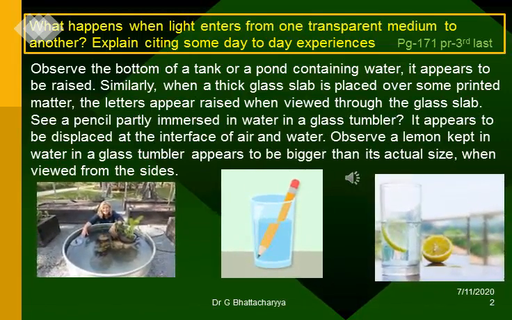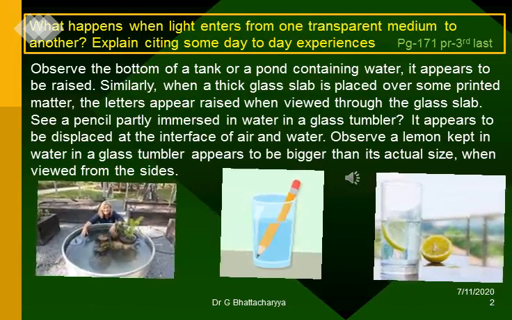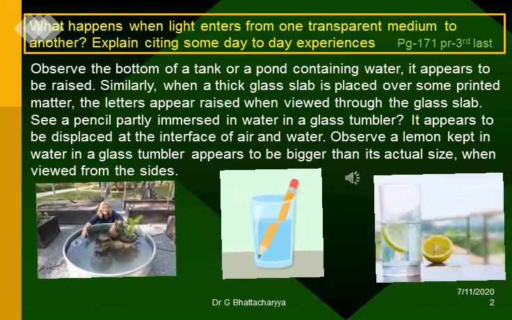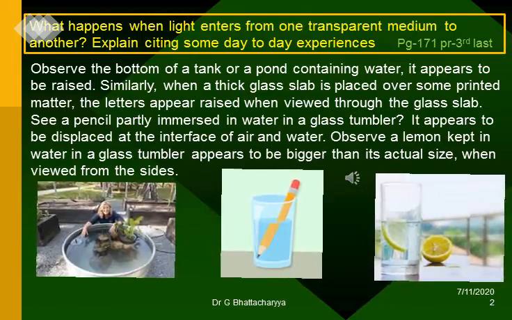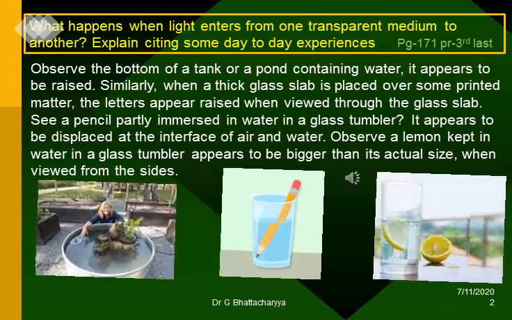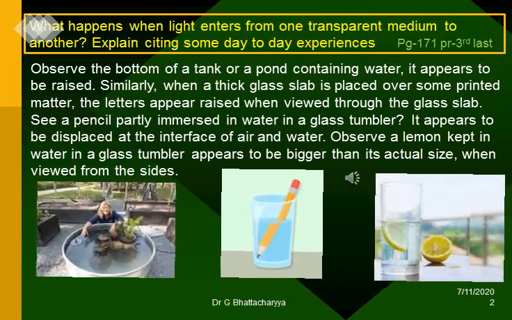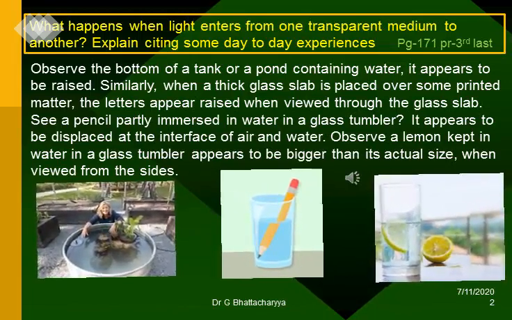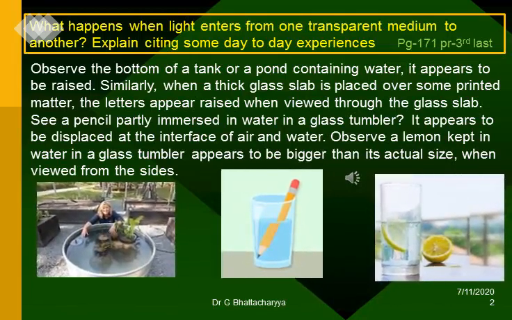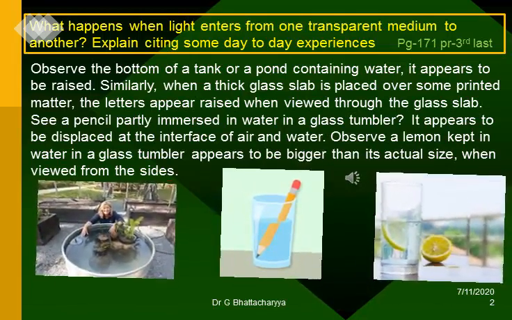Similarly, when a thick glass slab is placed over some printed matter, the latter appears raised when viewed through the glass slab. See a pencil partly immersed in water in a glass tumbler. It appears to be displaced at the interface of air and water. Observe a lemon kept in water in a glass tumbler appears to be bigger than its actual size when viewed